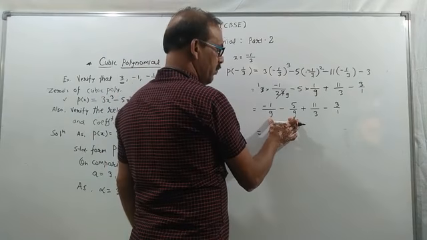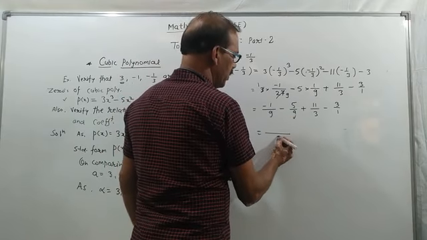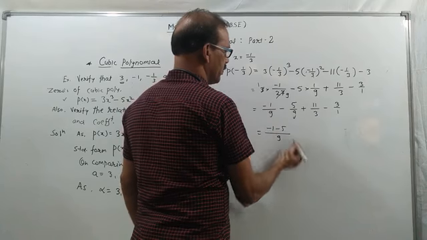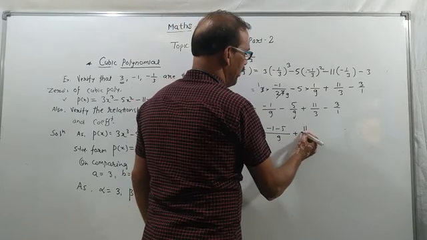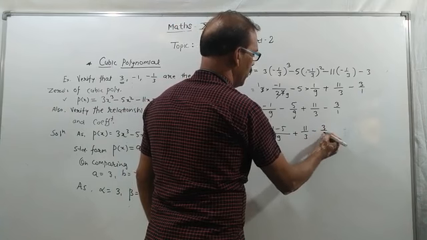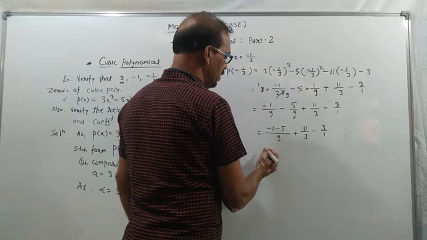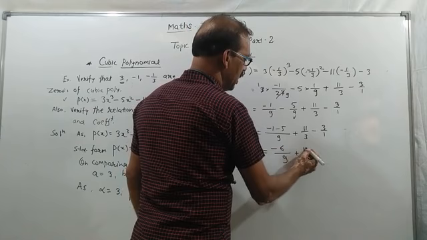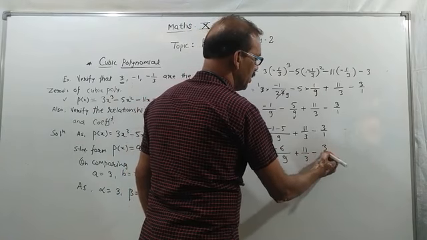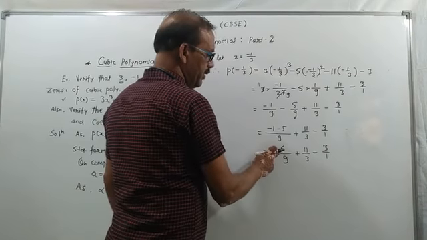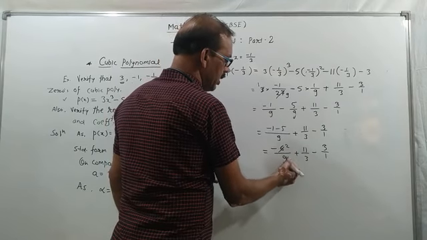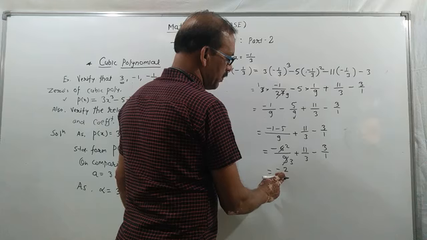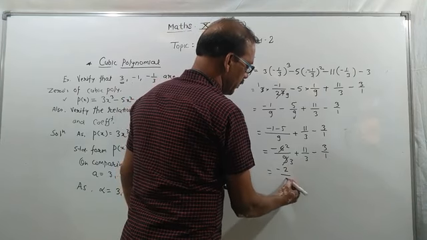First I solve the first two fractions, as the denominators are the same. So 9 as it is, minus 1 minus 5, plus 11 by 3, minus 3 by 1. Minus 1 minus 5 is minus 6 by 9, plus 11 by 3, minus 3 by 1. Now division by 3 is possible. 3 twos are 6, 3 threes are 9. We get minus 2 by 3, plus 11 by 3,